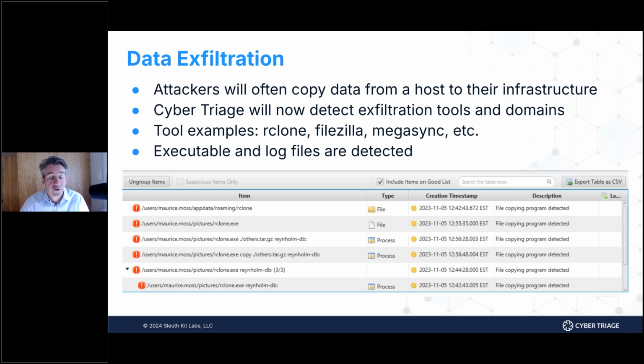So we're going to look for executable files and log files. If we find either of those, that will get flagged. You can see here, this is a data set from one of Mike's training things. There's a bunch of rclone usage here. You can see that the rclone folder got flagged, the rclone executable got flagged, in our